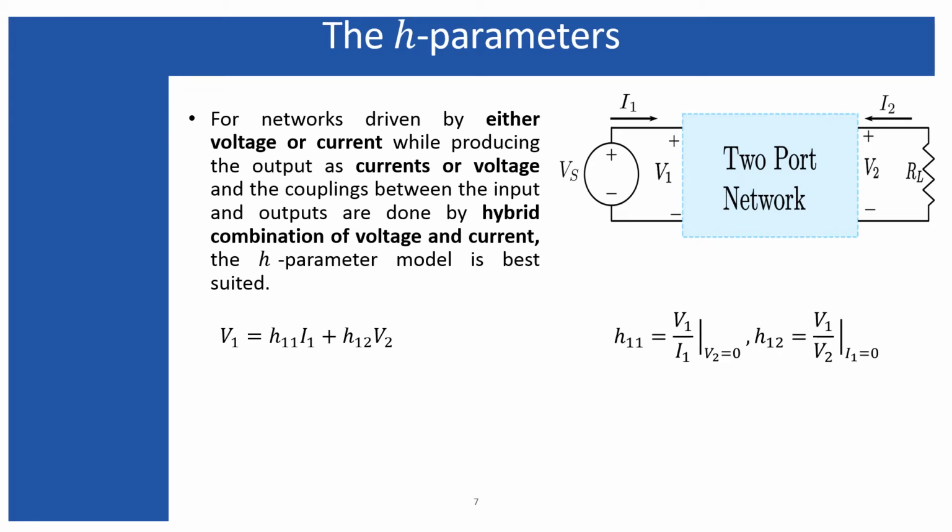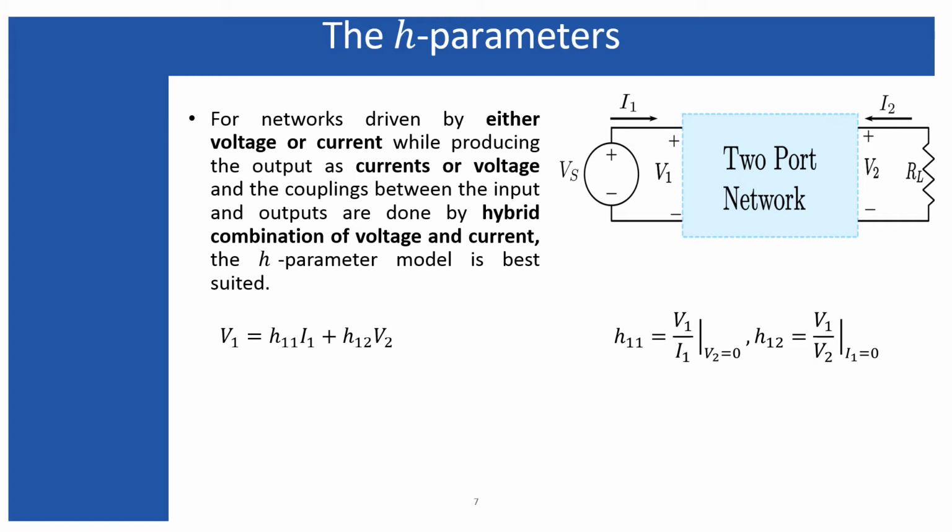Similarly, first of all, if you check, at V2 equals 0, H11 is the ratio of V1 to I1. So basically H11 and Z11 are the same. It represents the input impedance because it is the ratio of voltage to current, and that voltage and current are associated with the input terminal itself. That is why it is H11, related to the first terminal, and since it is the ratio of voltage to current, it can be represented as an impedance.